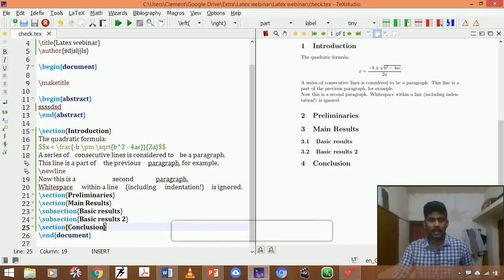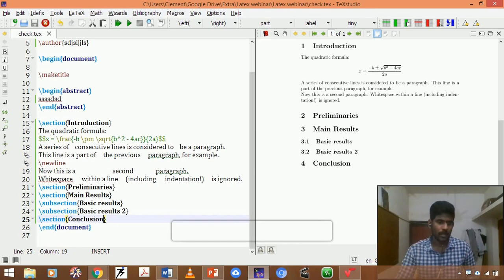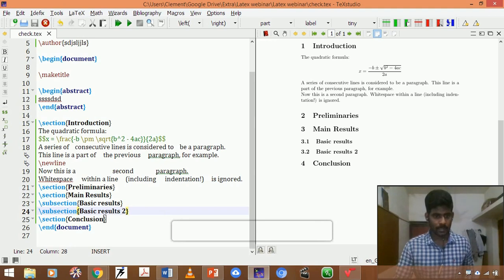See, in just one minute, we have prepared one article template to submit to any academic journal. Now I just wanted to ask, is there any guess how to hide the enumeration of this subsection? There is an easier way.